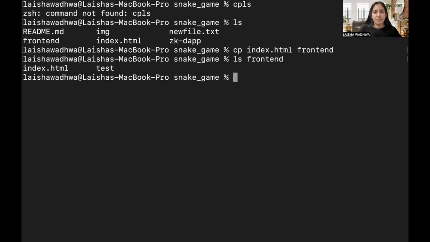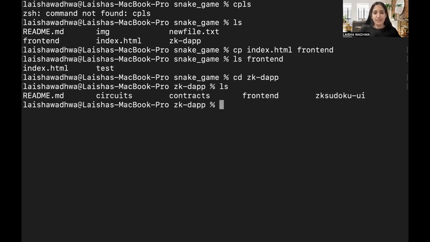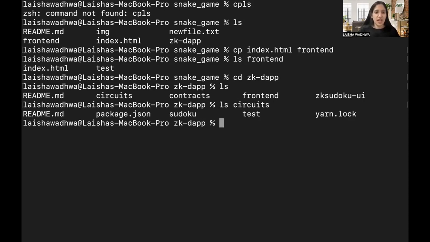Or let's say, let's go to the zkdap folder because it has more number of files. Now let's move a bunch of things around from circuits to contracts. And let me just do a quick check on circuits. So I have this thing called a test directory, and I also want these tests to be available in the contracts directory. So I'm going to say cp test